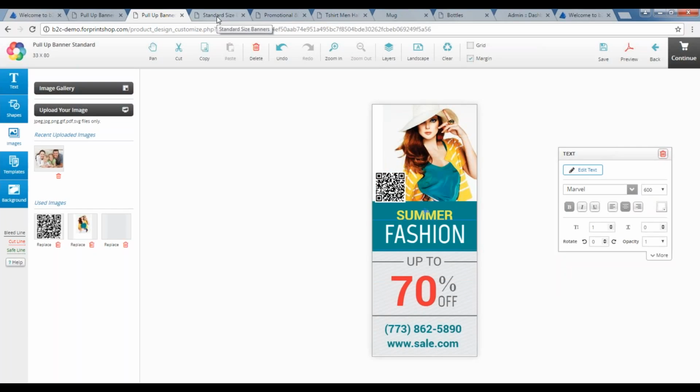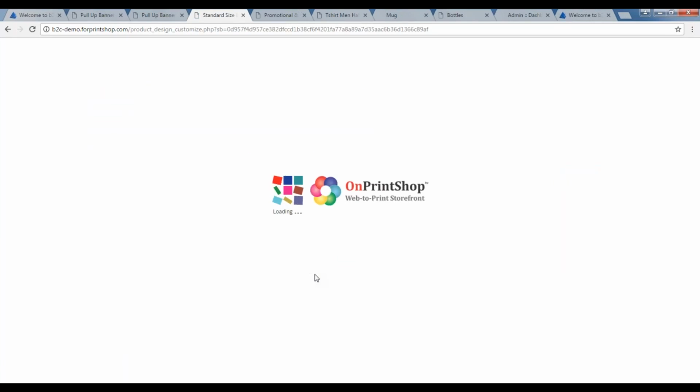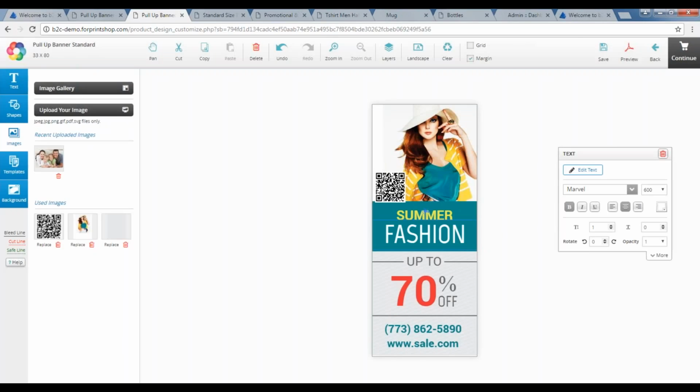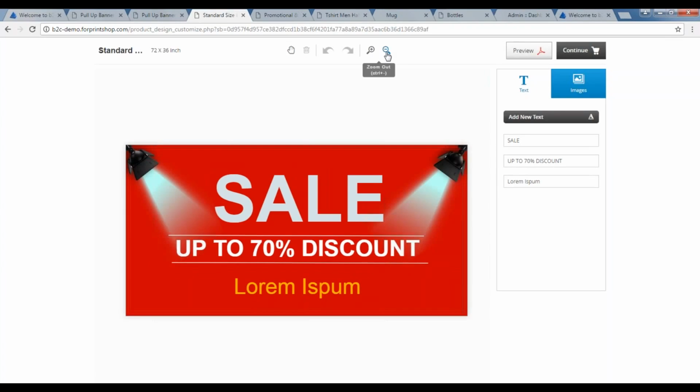Now, the HTML5 Studio that we created, we understood that certain products require more options, certain products require fewer options. So we have created a highly configurable designer studio. So per product, you can enable or disable the designer studio. We have created various versions. One is an advanced version which has all the tools, but if you feel that for certain products you do not want to offer all the tools, you can also have a basic version of the designer studio enabled. So according to your end customer preferences and your strategies per product, you can configure the